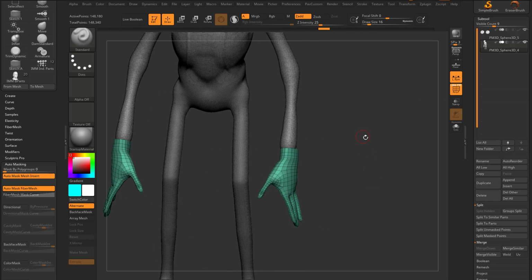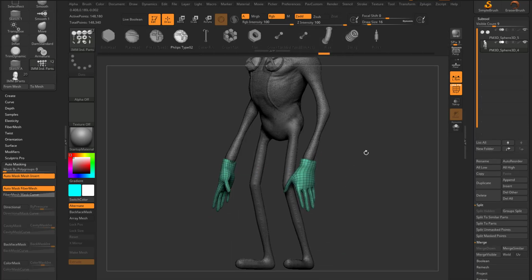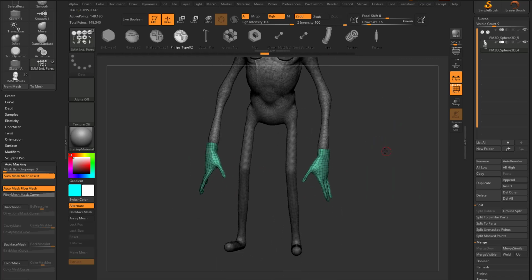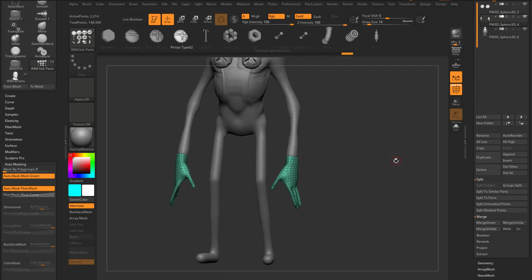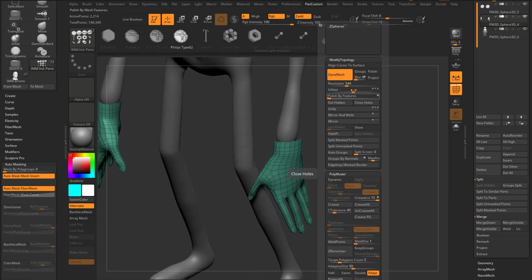So right here, you also notice when you drag out an insert mesh brush, if I go to BI industrial parts here and we just start dragging these out, it'll give these a new polygroup as I continue to drag. So we can use that to our advantage now too. We can hold down Control Shift, isolate just this insert mesh polygroup here, and I can go over here to split hidden. So I can continue to work on these hands separately, and if I want, I can Dynamesh these